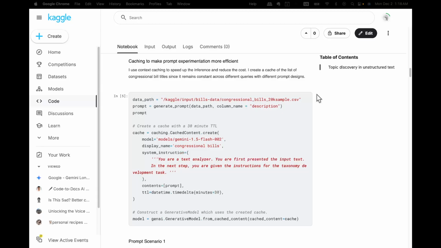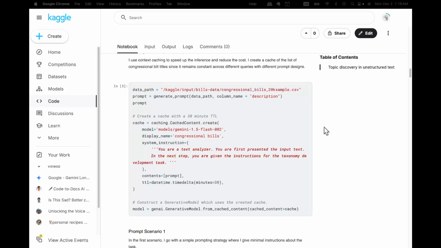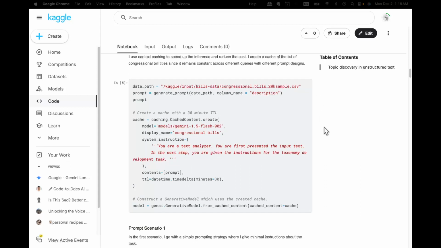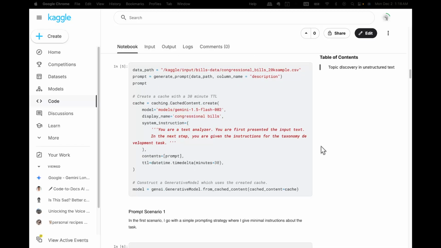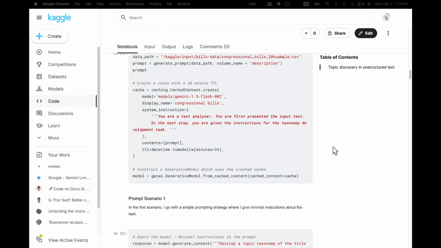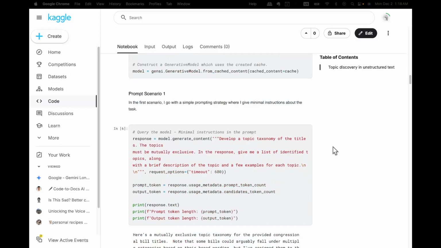So I'm using a caching strategy to minimize the cost and to make the text generation process more efficient. I am putting the list of bill titles into a cache, and I'm using that cached content in different prompt scenarios. Here in the first prompt scenario,